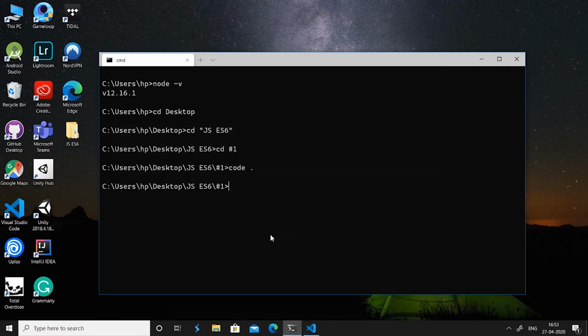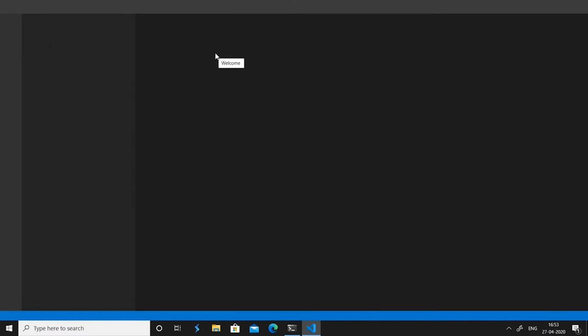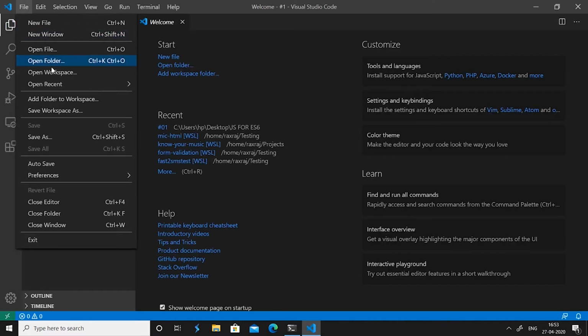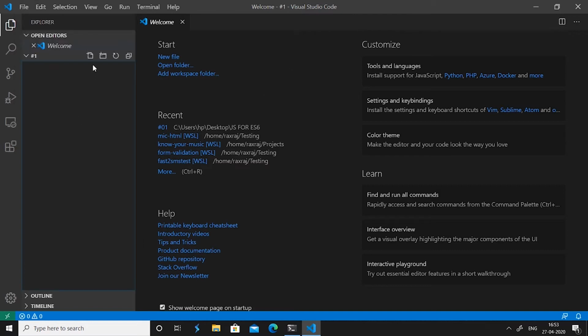This code dot command actually runs Visual Studio Code in the current folder in which your terminal window or your command prompt window is open. You can also go in Visual Studio Code, File, and go for Open Folder. Now let's create a new file named index.js,